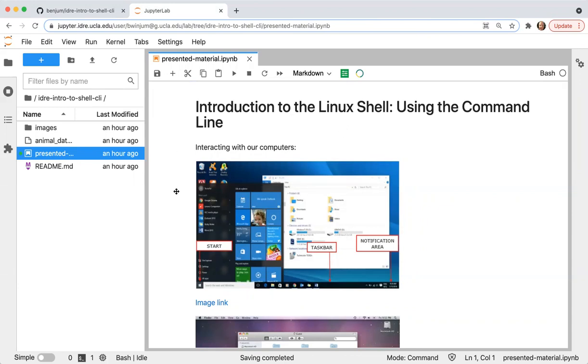What we're looking at here, just to orient you, is the browser interface for the Jupyter Hub that you're going to be interacting with. It's actually launching you into a containerized environment on a web server, which is sitting on computers that are hosted on Google Cloud. But you can think of this as launching you into your own Linux computer.